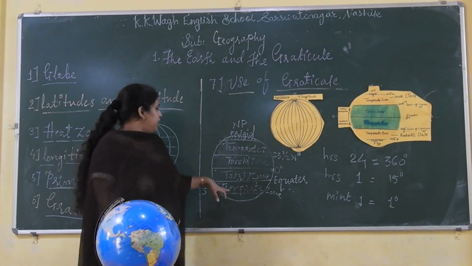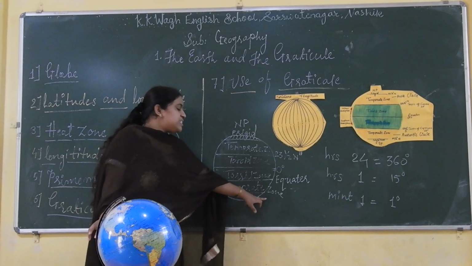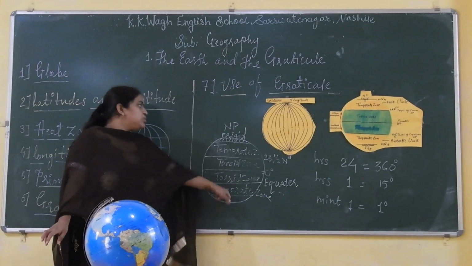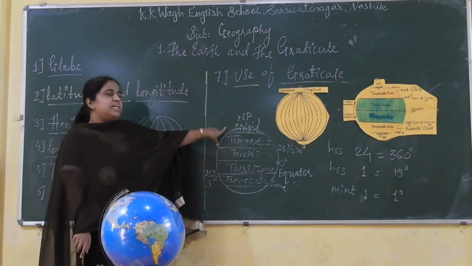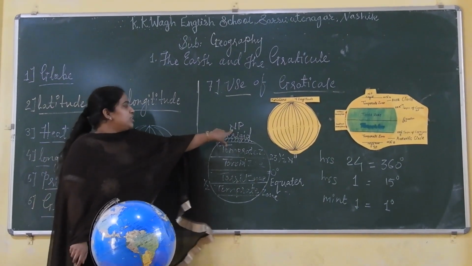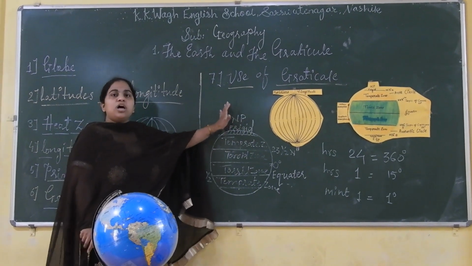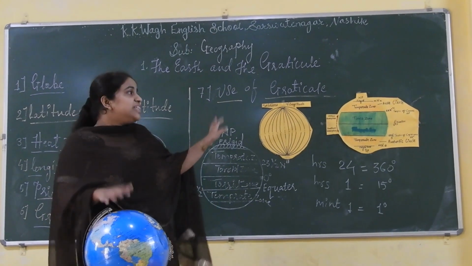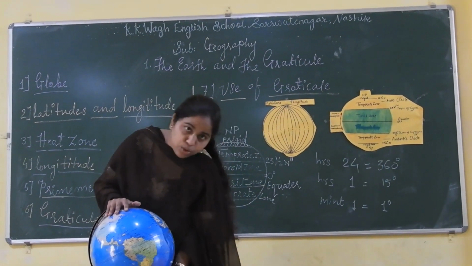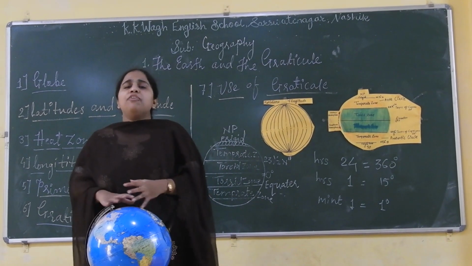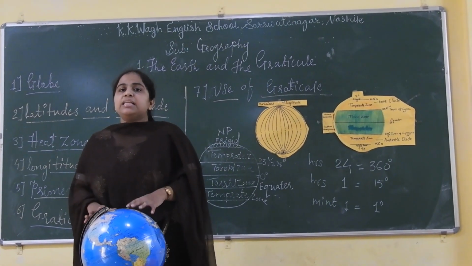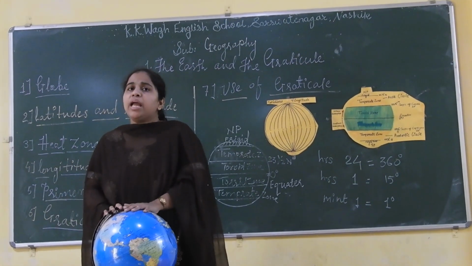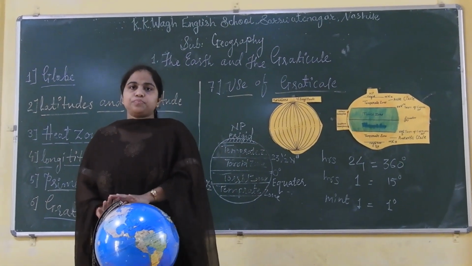After that there is the last zone, 66 and a half degrees to 90 degrees in south, and from here 66 and a half degrees to 90 degrees in north, at the pole. It is called the frigid zone. Why frigid zone? Because both these areas have very few sun rays. That's why these areas have all kinds of cold air and are called the frigid zone.